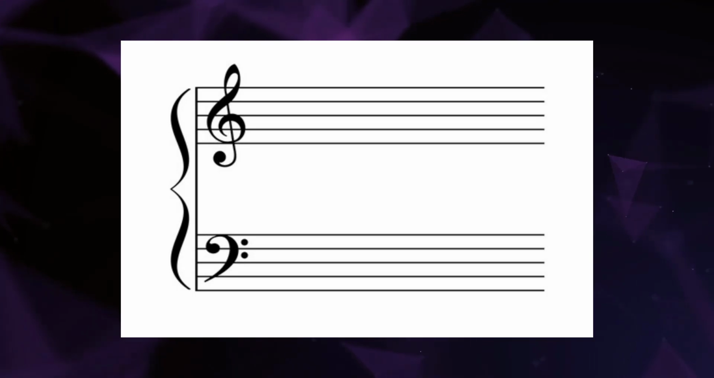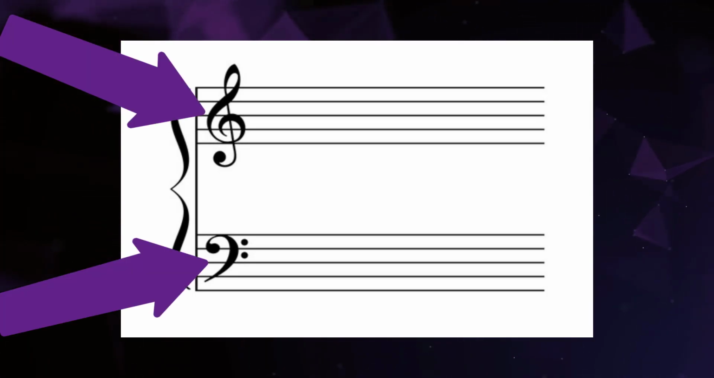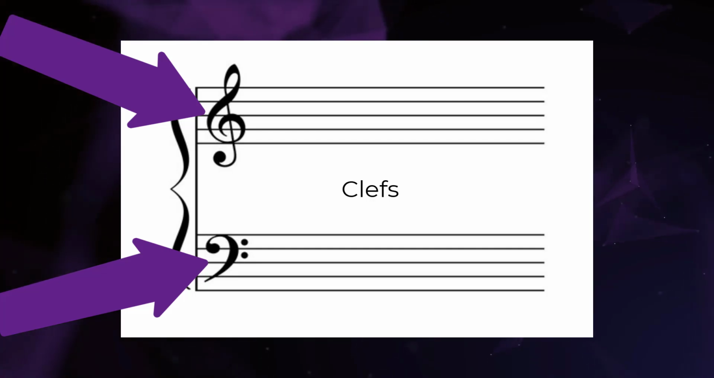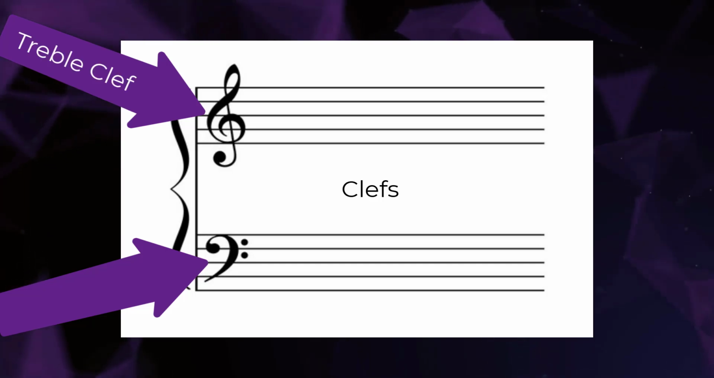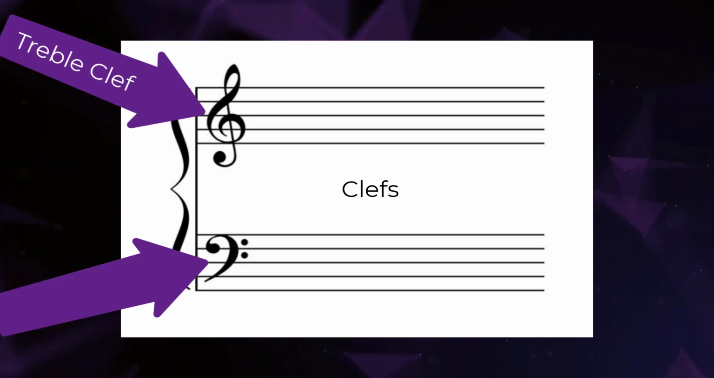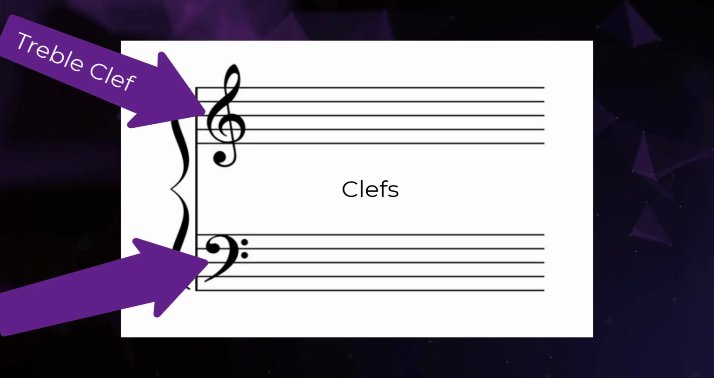On top of the staff, several things are placed. First of which are these symbols, called clefs. The clef indicates the range you should be playing in when reading. The treble clef, known as the G clef, indicates higher pitches, the notes of which being above middle C on